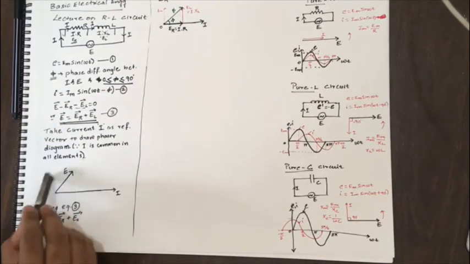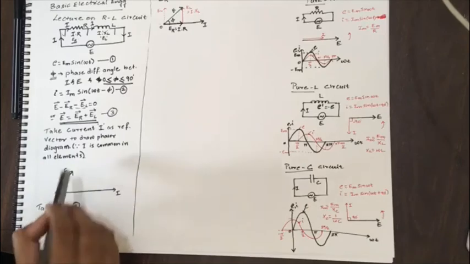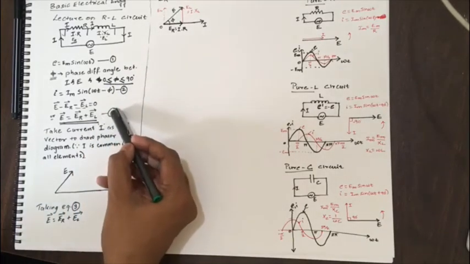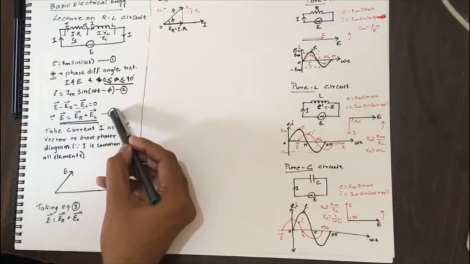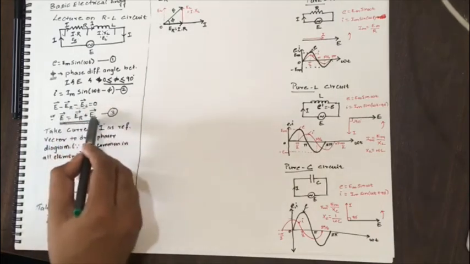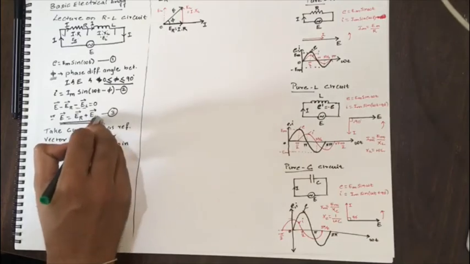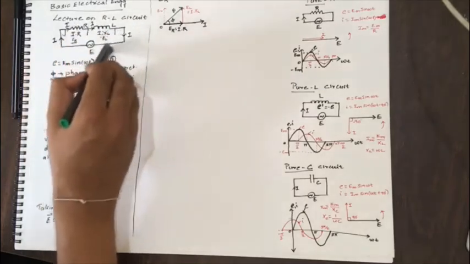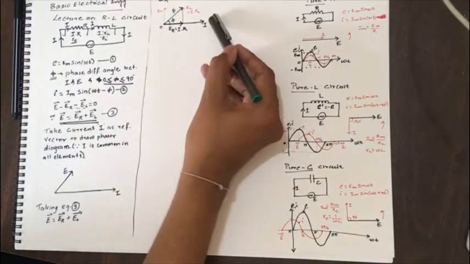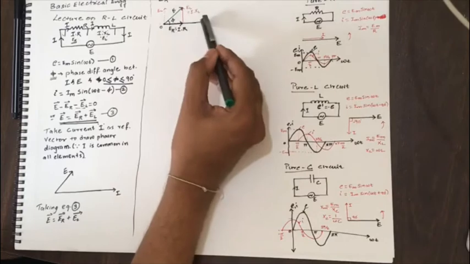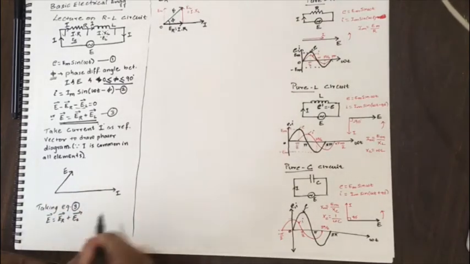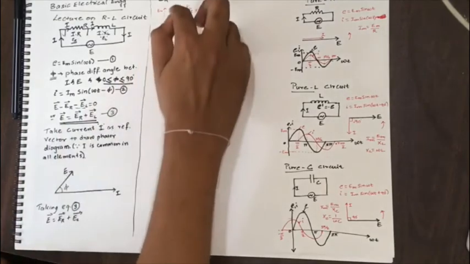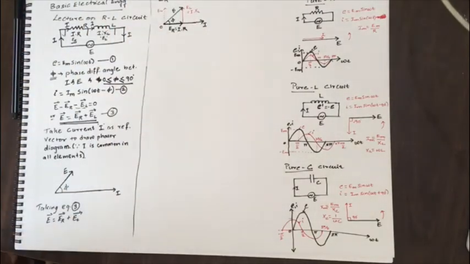Now observe the phasor diagram here and here. This phasor diagram was drawn directly from equation 1 and 2. When I have drawn the phasor diagram for equation 3, obtaining the resultant of the voltage, considering all the voltage drops in the circuit, I again obtained the same phasor relation between E and I. Here E is leading I by an angle phi. The same E is leading I by an angle phi.